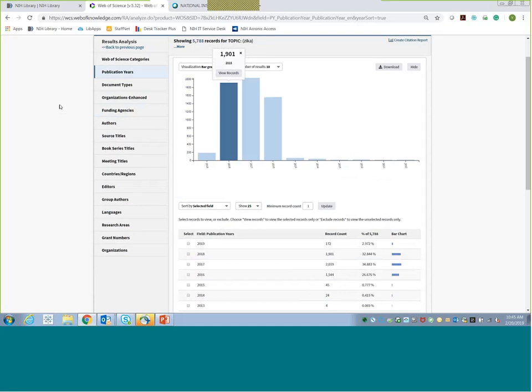It's also important for some people who would like to see, for example, the trends of the research, or maybe the specific subject area that has been published, or specific organizations that have worked on this research, or the funding agency, or the authors, or the specific journal titles. So that would work for most of the analysis here. But